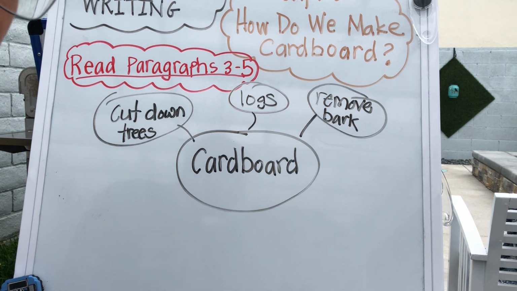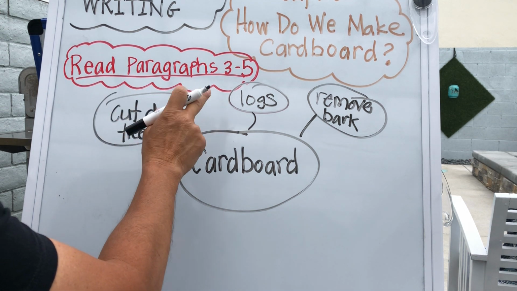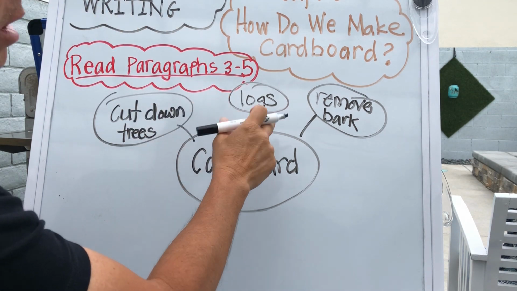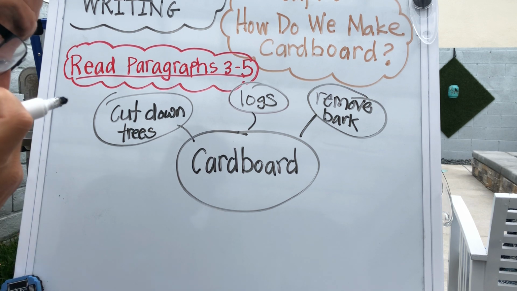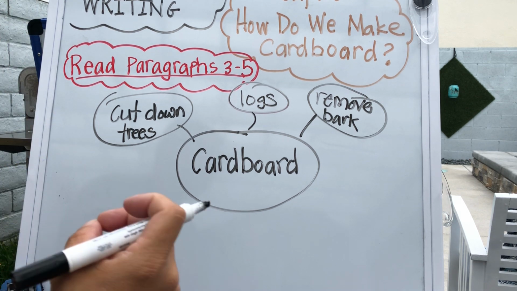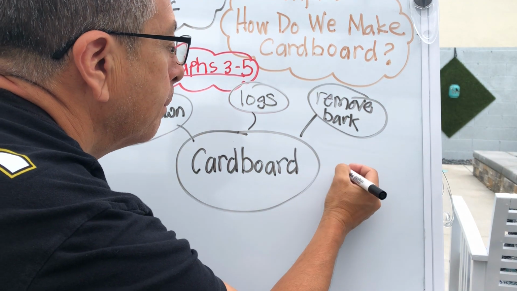Now that's a lot of information, so I think I just want to put down the one that is the most important, okay? So I know they cut down trees, then they turn those trees into logs, and then once they have the logs, they take off the bark, okay? Then what I read was that the logs, they turn them into boards and wood, okay? So I'm gonna write down,